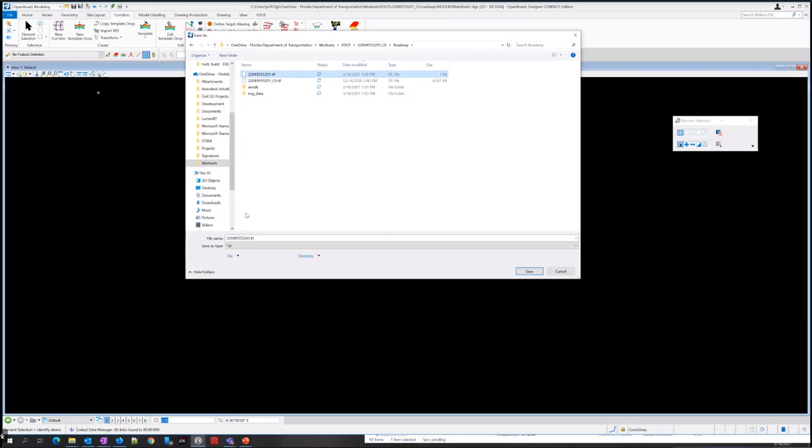You want to name it the same as the Workset, so it'll open automatically. In this case, like I said, I don't want to overwrite this one, so I'm just going to name it the same as the blank one I just created. I'm just going to overwrite that one. And then I'm going to click Save.